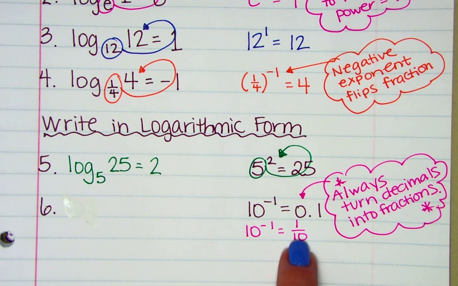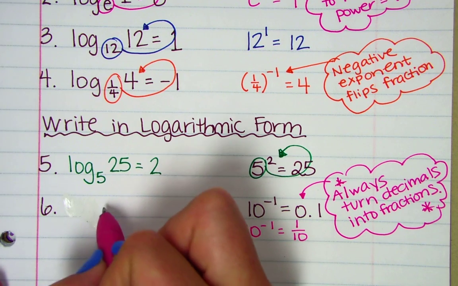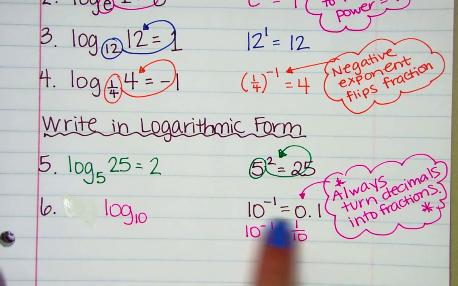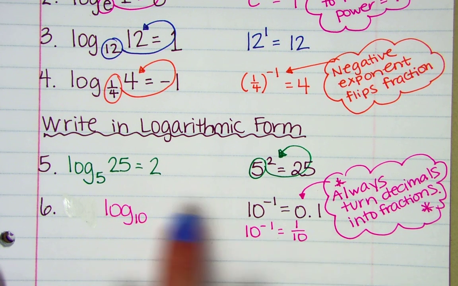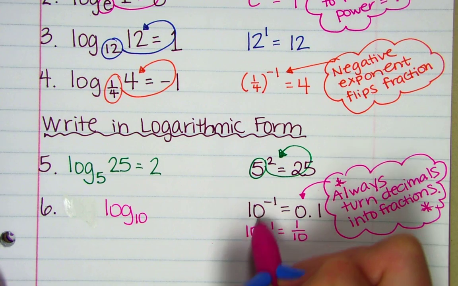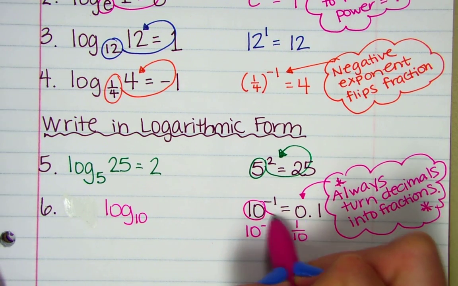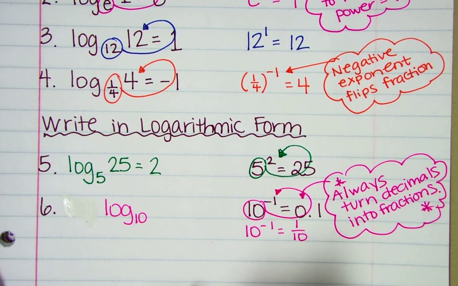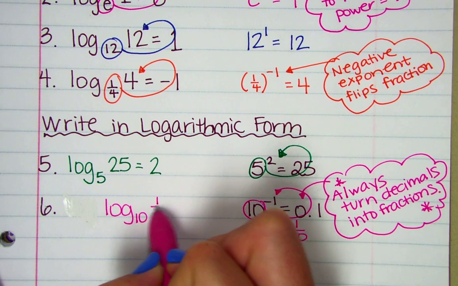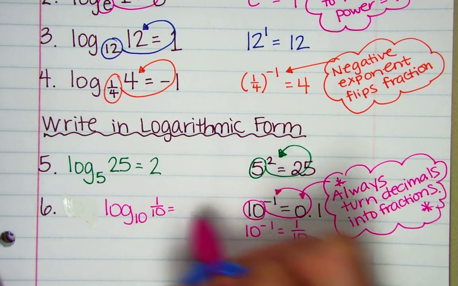Now you can see, oh, okay, 10 was on the top, but the negative made it flip to the bottom. All right, so let's write our answer. Of course, it's going to have log. What's our base? 10. And I'm going to use the fraction. We just do the same thing, do little circle. 10. What's our y? 1 out of 10, right? 1/10 or 0.1. All right, again, I'm big on the fractions. All right, equals, what's our